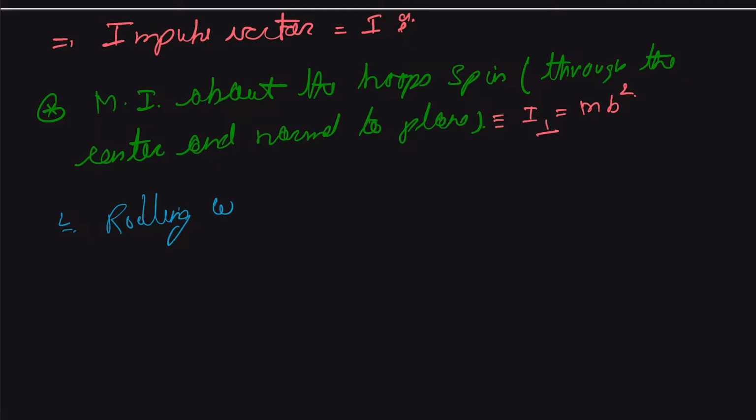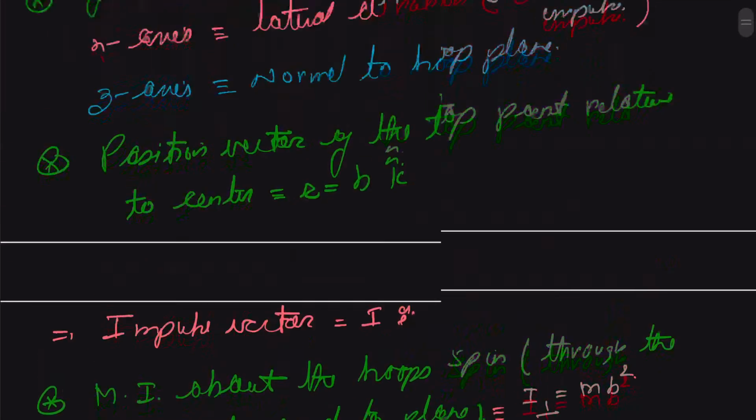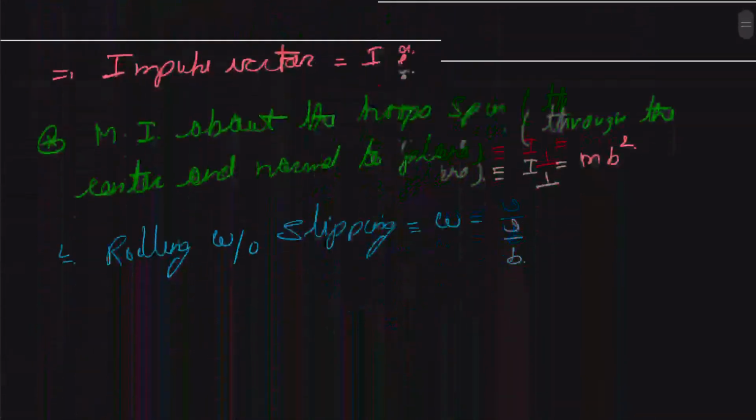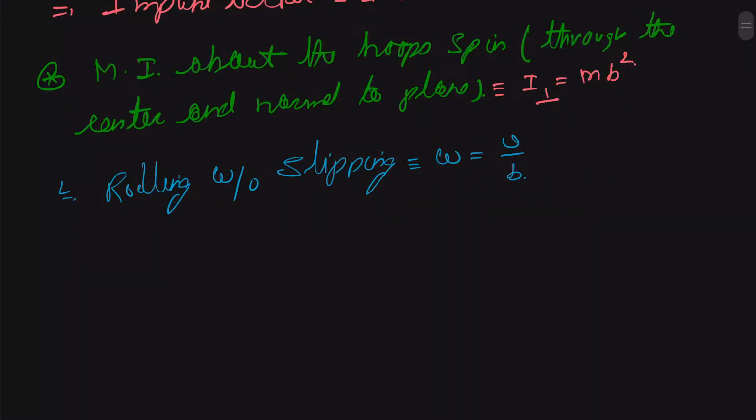Rolling without slipping. Therefore, we can say omega is equal to V upon B. It is rolling with the angular speed of omega, and V is the linear speed of the center of mass. Therefore, we can write that the initial spin angular momentum